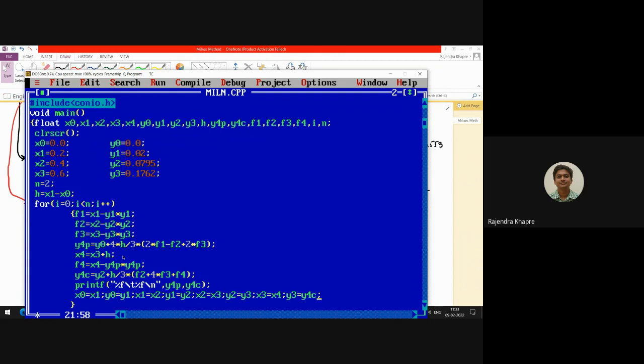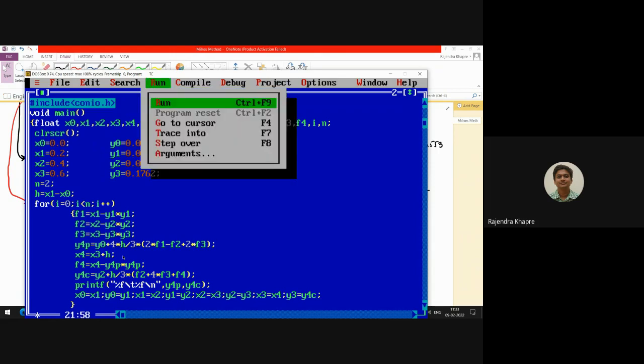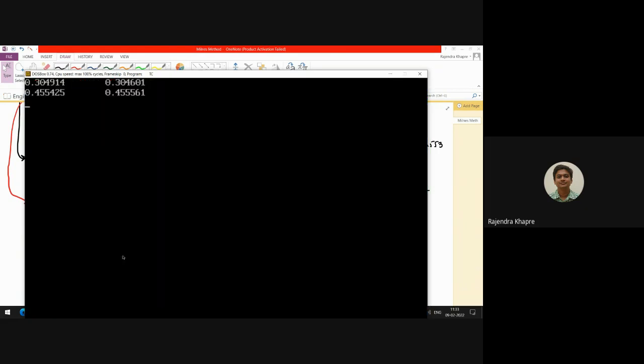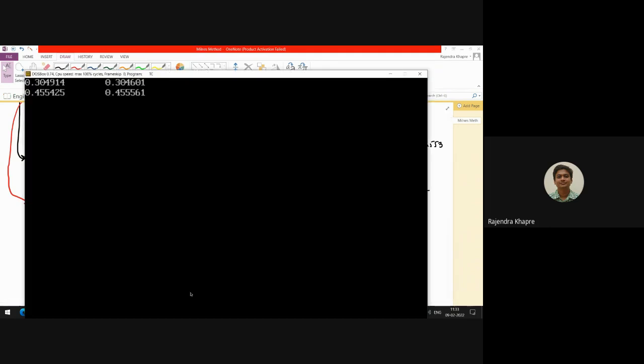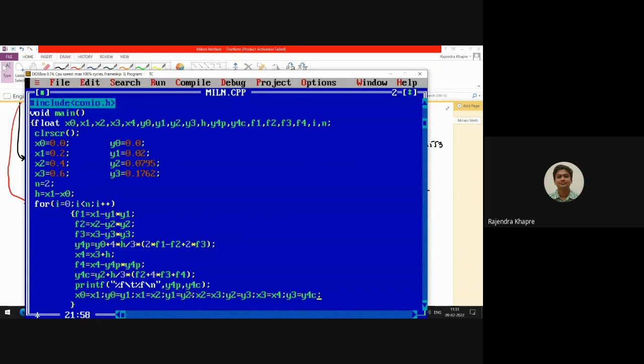Okay, so for the next cycle all the values are now shifted. So now if you execute this you will get the second answer, that is 0.455. So the predicted value is 0.4553 and the corrected value is 0.4555. Okay, so you can see instead of 4553 I have 4 here, and here the 555. So likewise, the program is working perfectly fine, and if you change the n value,